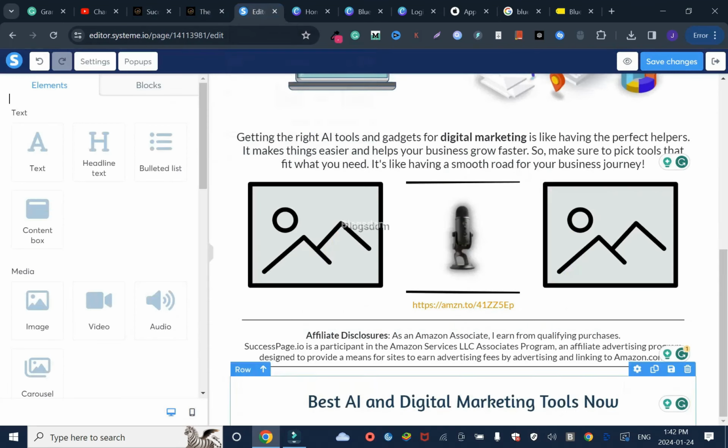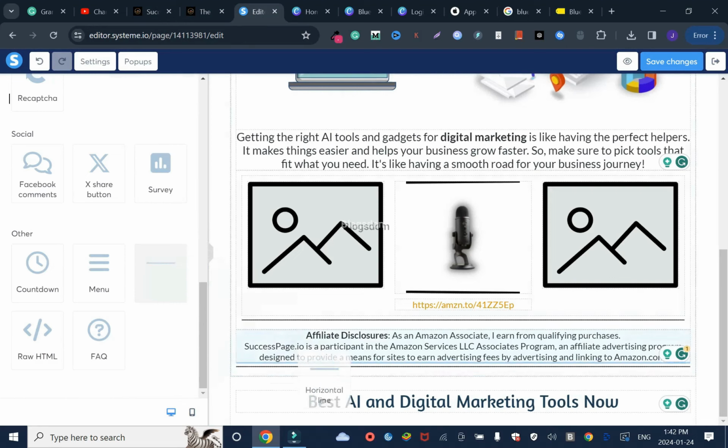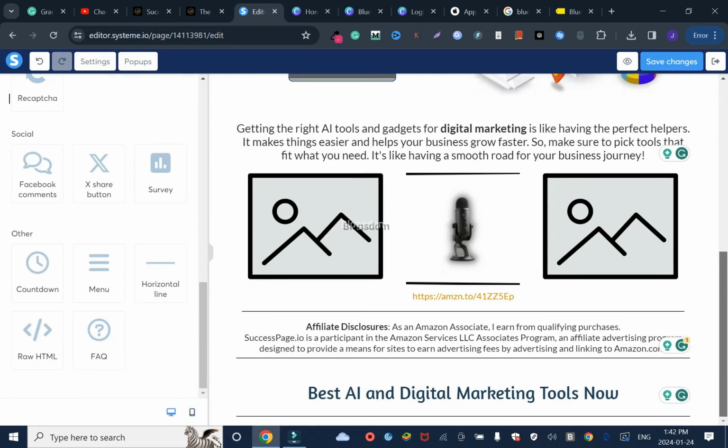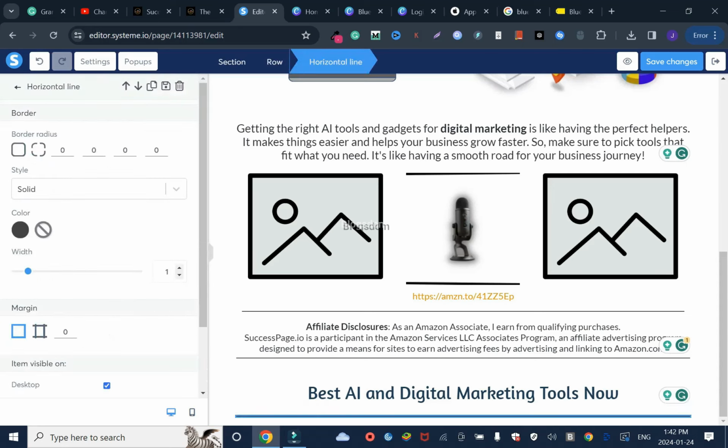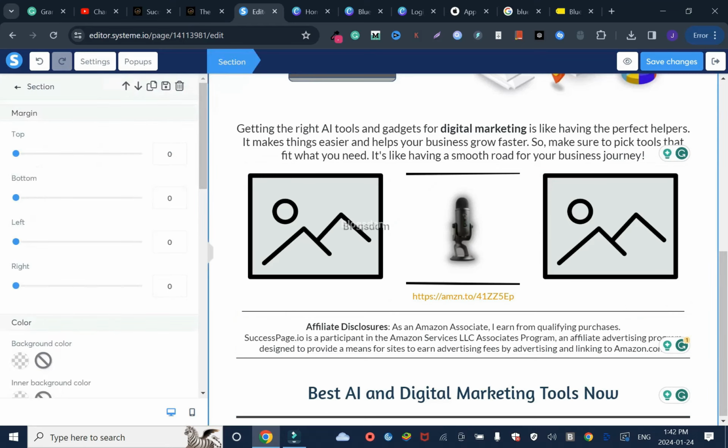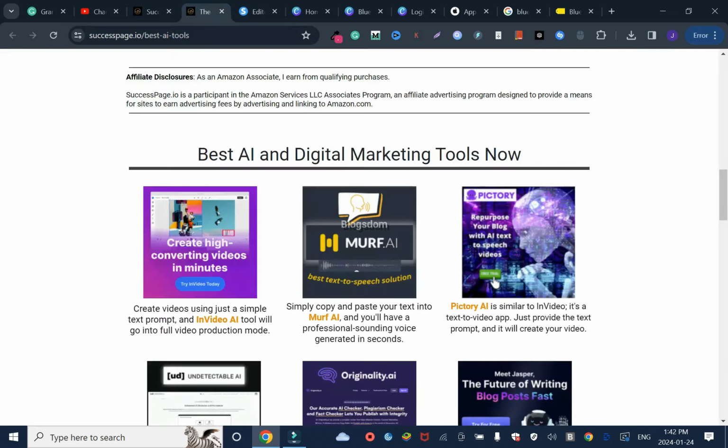I'll go back here. I need the underline again. Drag it and drop it right underneath. And I'll click hover and see the orange, then click on it. I'm gonna make this width 3 or 2. It's gonna be thicker. As you can see, it's thick. Mine was 3, but I'll keep this 2. Then save. Go back. We have to create this, and this is a code, and I'll show you how to